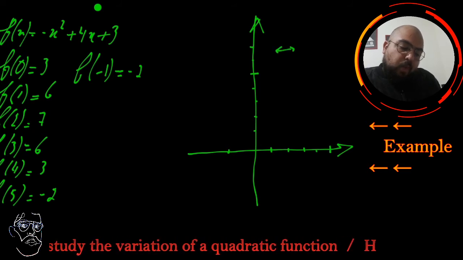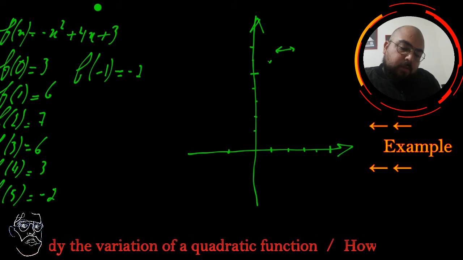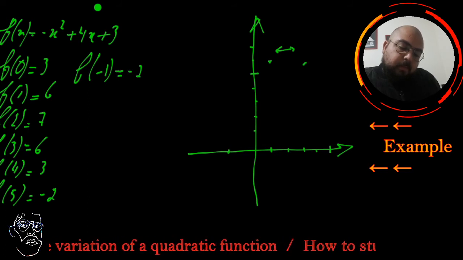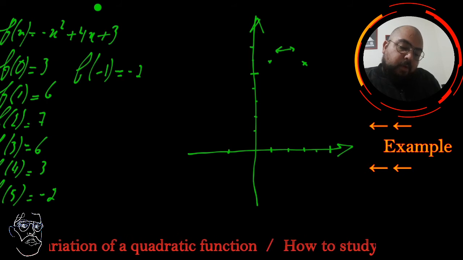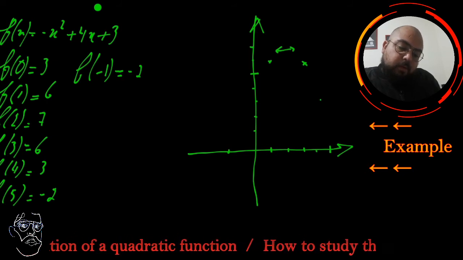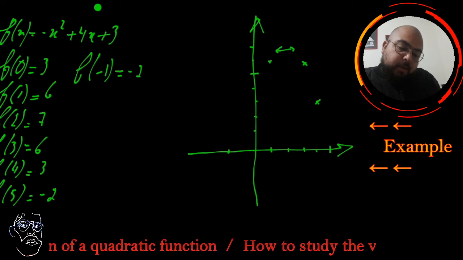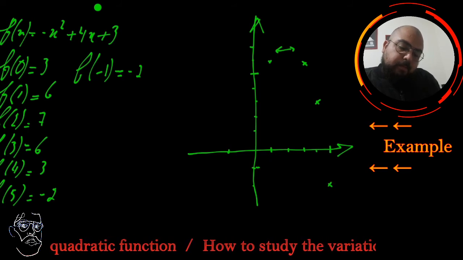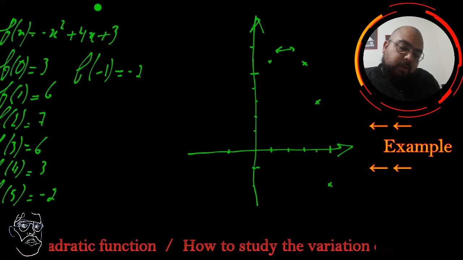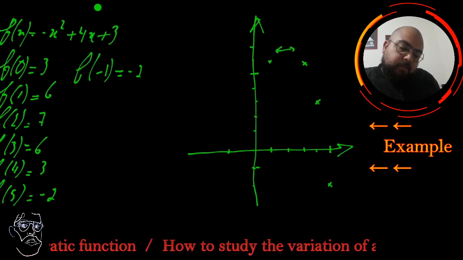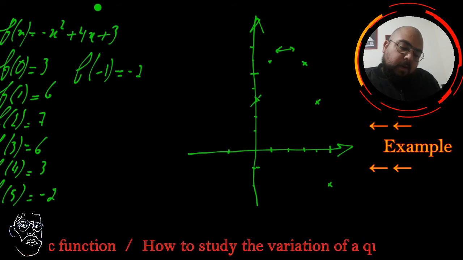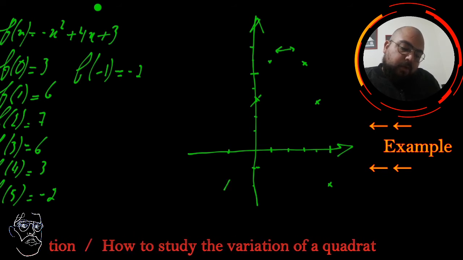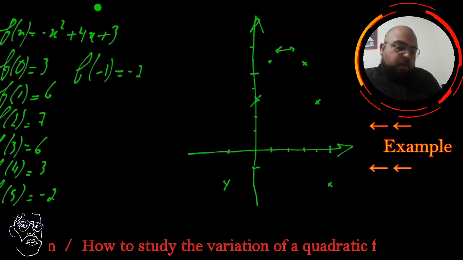And then you will have 1, which is 6. Again, 3 is 6. 4 is 3. 5 is minus 2. 0 is 3, and then you will have minus 1, which is again minus 2. So our curve will have the shape